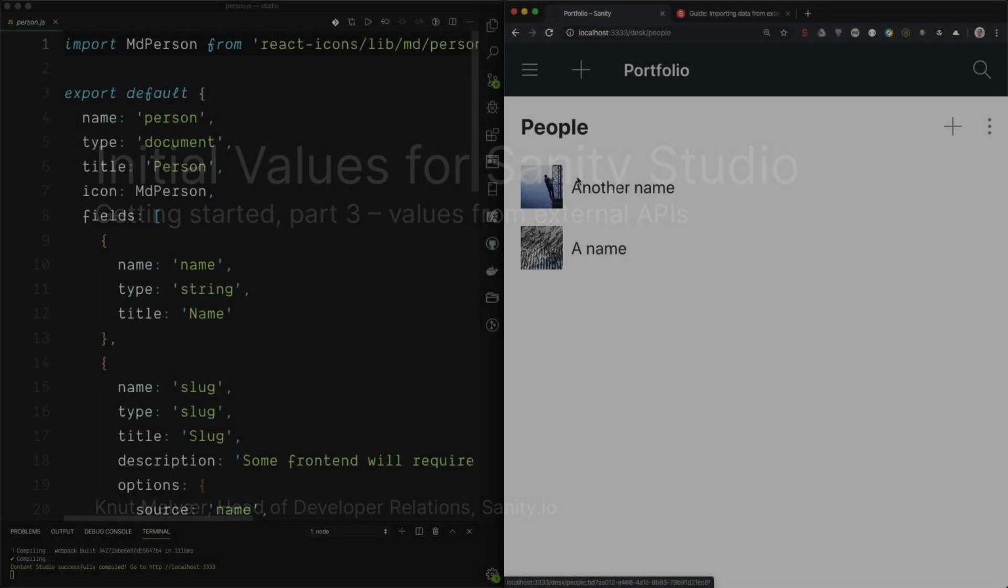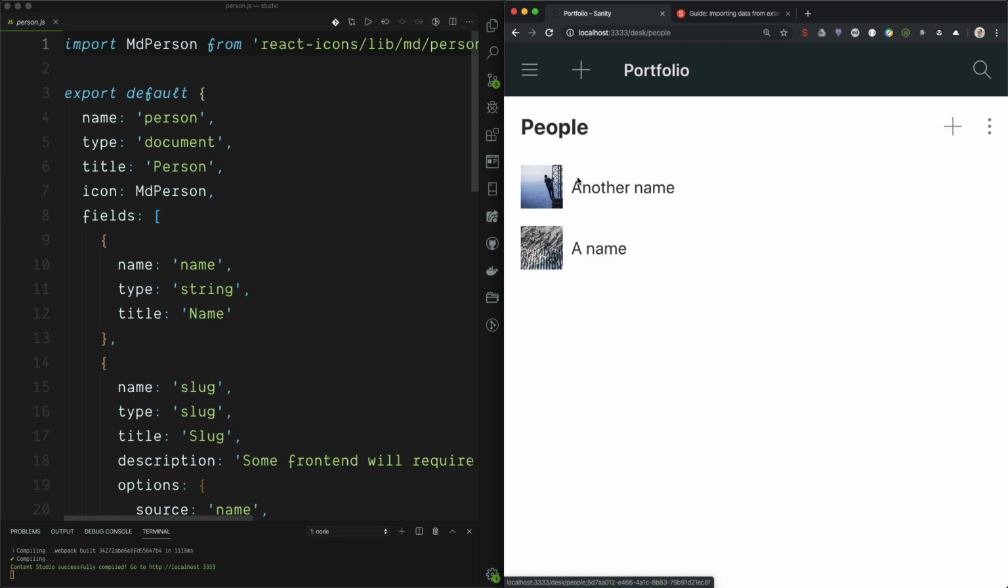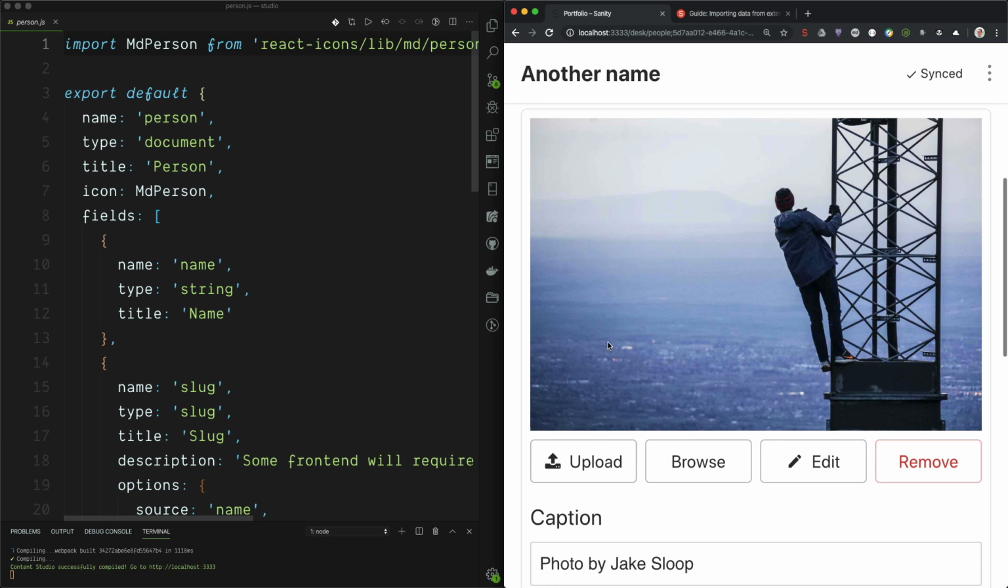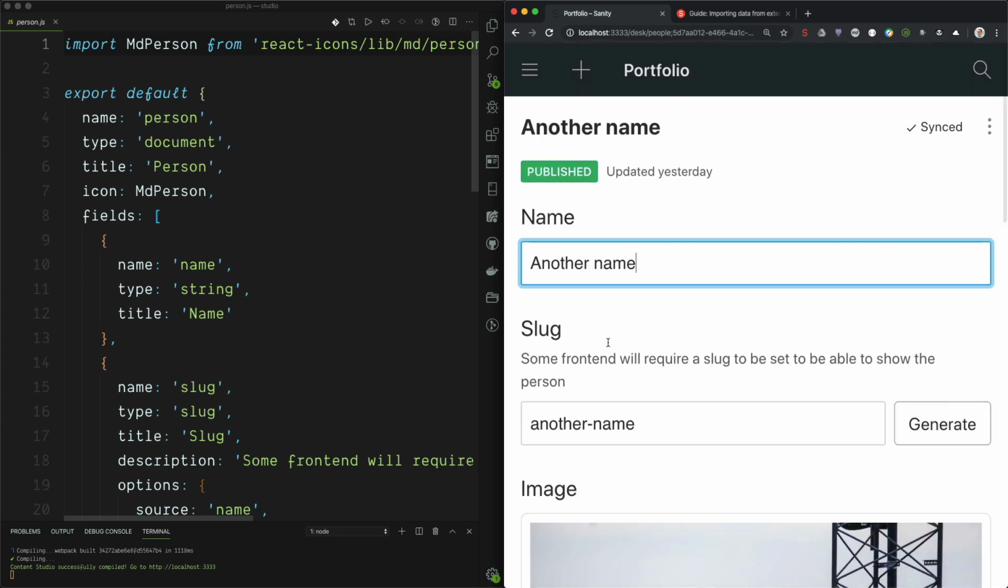So we're now in the portfolio studio that you can deploy yourself from sanity.io/create. In the studio, we have a document type called person, and we have some persons here already. So let's say that we wanted to bring in a random cat whenever we made a new person. This is just a silly example to show you how to use external APIs for creating initial value for a